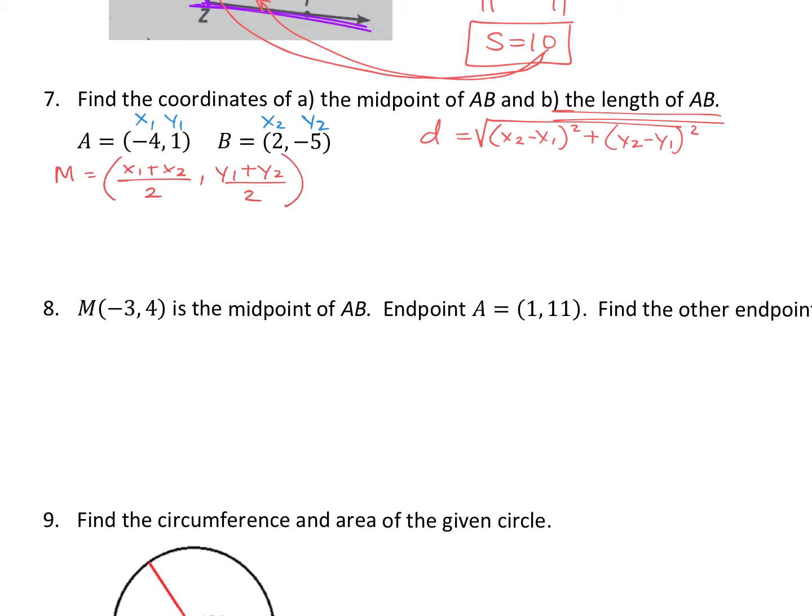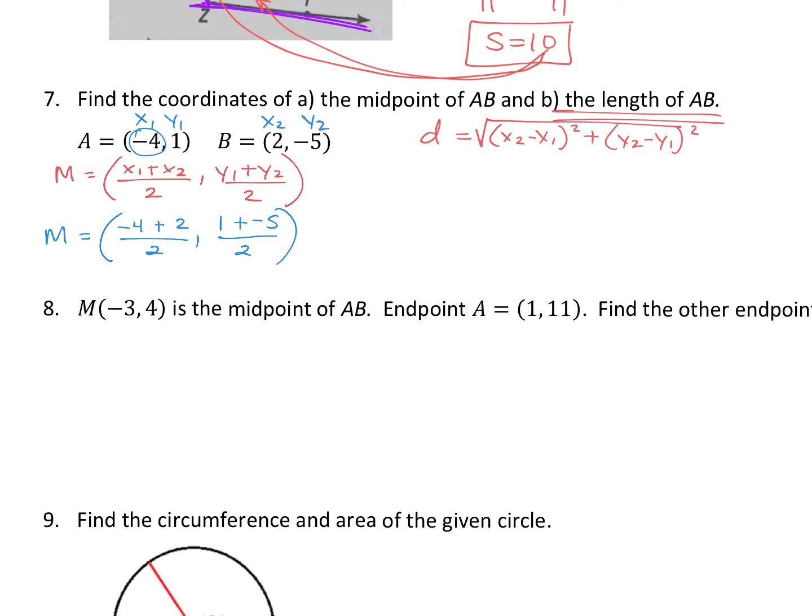So for the midpoint, it's going to be x1, negative 4, plus x2, which is 2, over 2, and then y1, which is 1, plus y2, which is negative 5, divided by 2, and then you simplify. Remember, you need to treat that division bar like parentheses, so you do everything on top and then divide